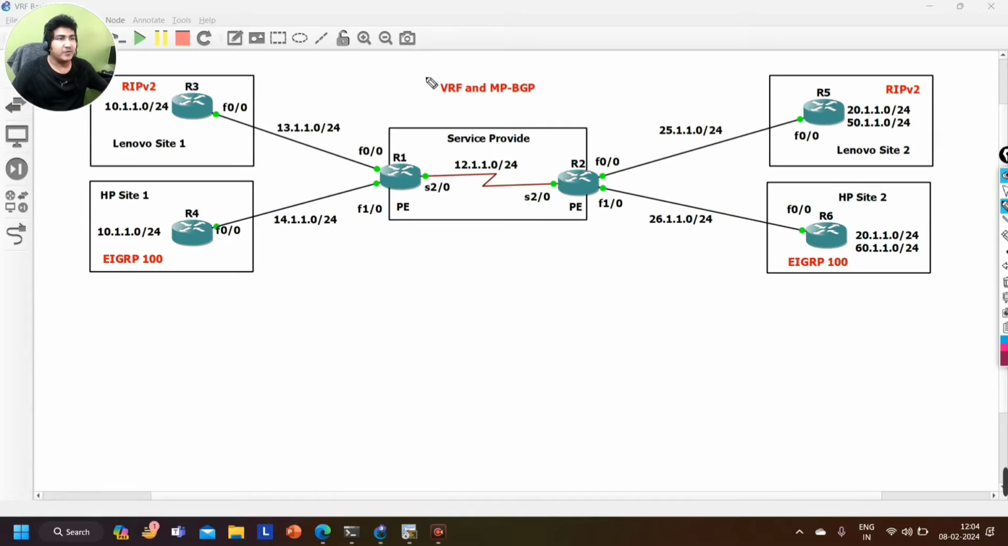Guys, today in this video we are going to understand the configuration of VRF and MP-BGP. Today we are not going to cover the theory, like what is VRF or what is MP-BGP. If you want to learn the theory, you should watch my VRF playlist as well as my MPLS playlist to get detailed information about VRF, MP-BGP and MPLS. Today we are just going to configure basic VRF and MP-BGP to provide connectivity between two sides of a